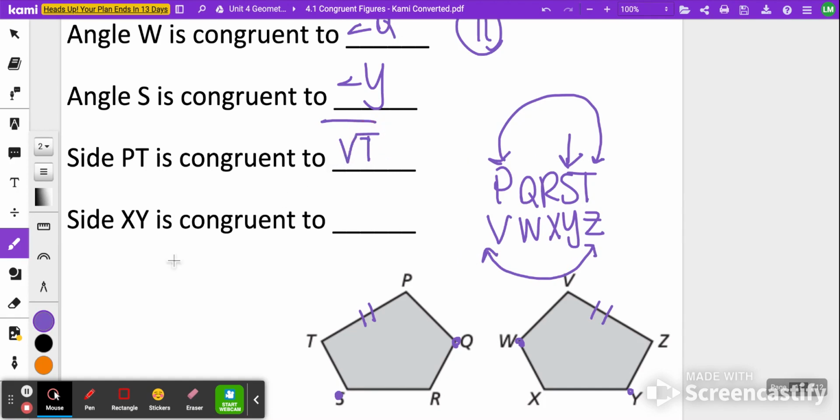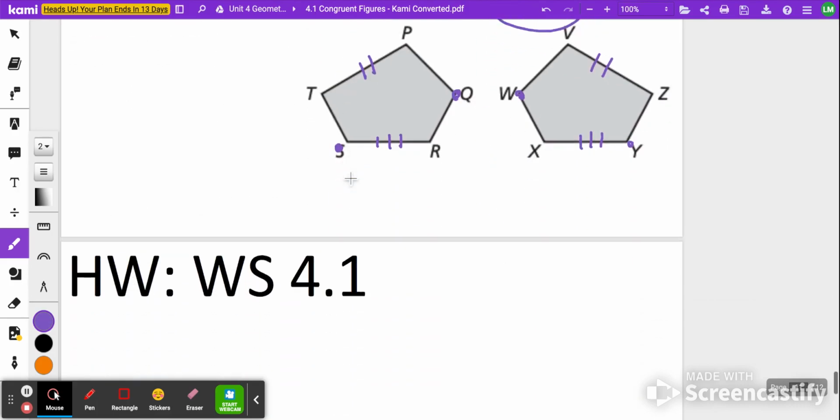Notice how V and Z are matching up with P and T. And then side XY matches with side RS. That's going to conclude